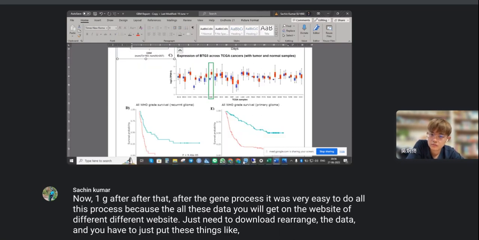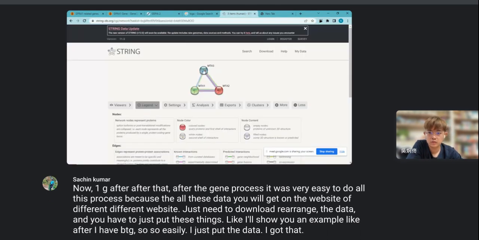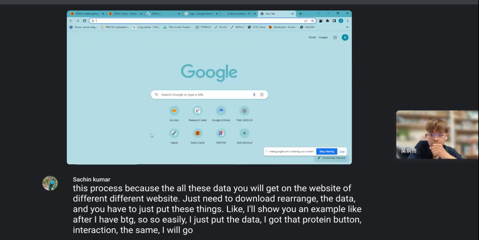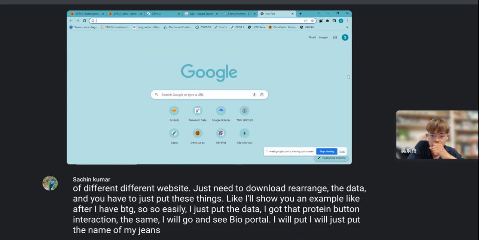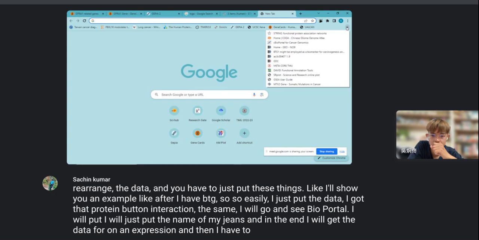I'll show you an example. After I have BTG, I just put the data and I get that protein interaction. Same, I will go on cBioPortal. I will just put the names of my genes, and in the end I will get the data for RNA expression, and then I have to put that on